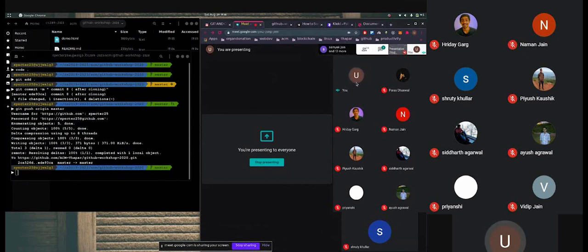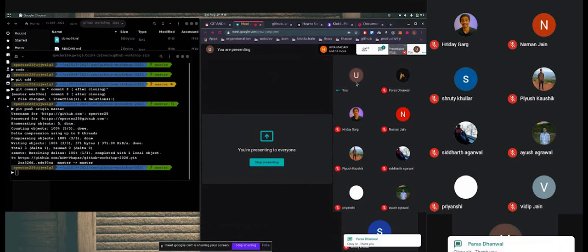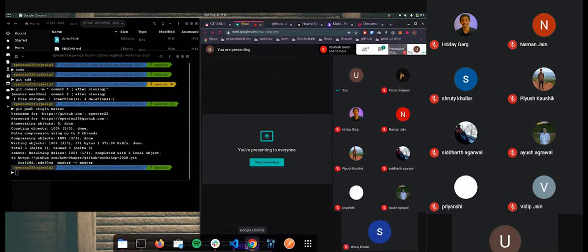And secondly, Git UI has various bugs when it comes to merging branches and rebasing. So often it happens that the entire code base gets destroyed while merging, or the merges don't happen properly, and the code base fails. Okay, Paras.